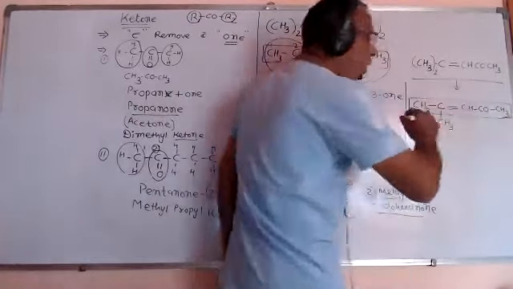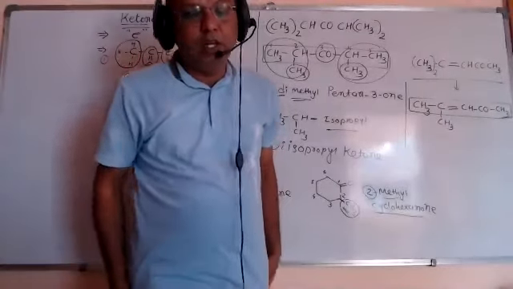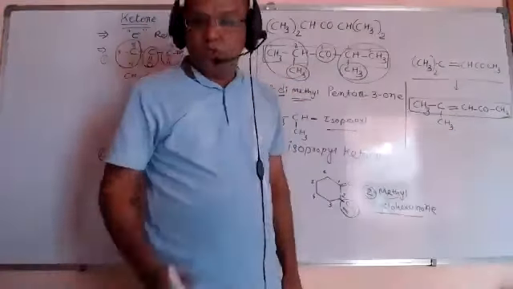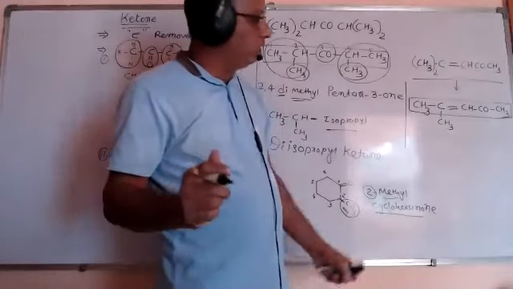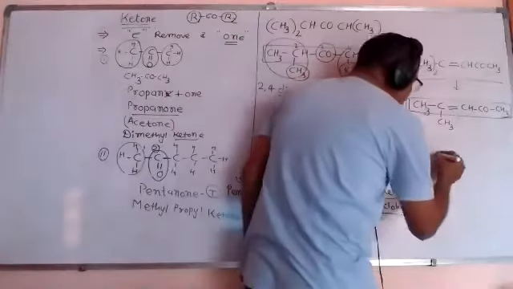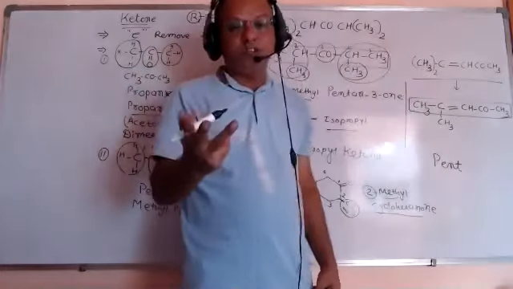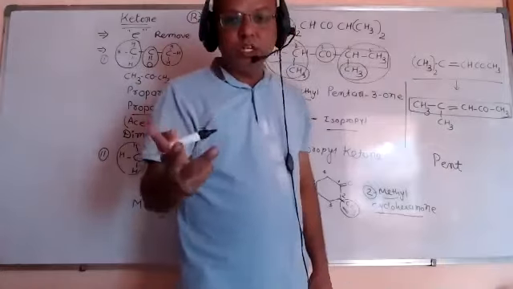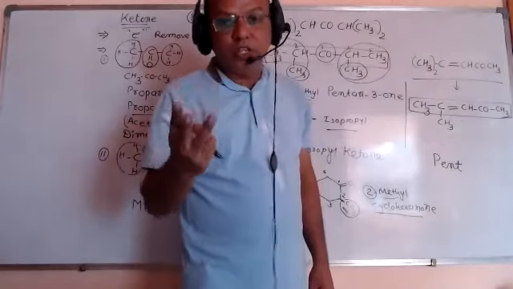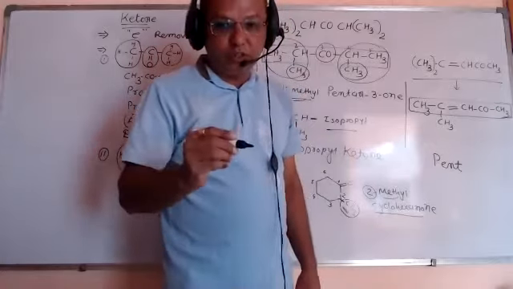Now you get the longest chain. So our first task is to find out the longest carbon chain. You can see 1, 2, 3, 4, 5. 5 carbons are there. So obviously it is pentane. But friends, don't make a mistake. Double bond is present, so pentane is not used. We should just write the word pent instead of pentane. When double bonds and triple bonds are present in organic compounds, instead of pentane or butane or propane, you have to write only prop, but, or pent. Right? So this is pent.